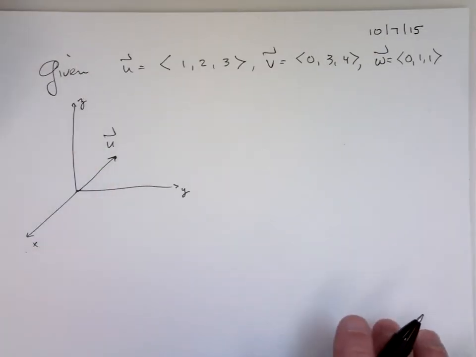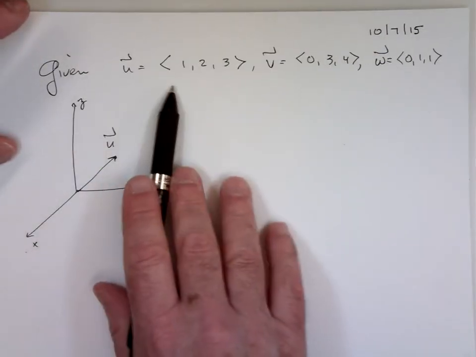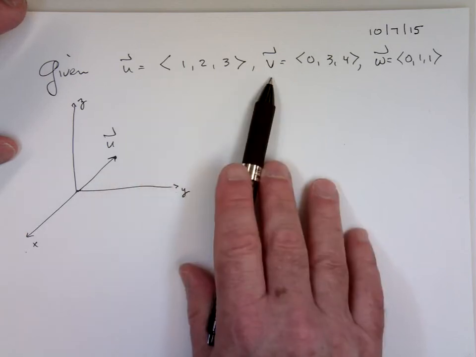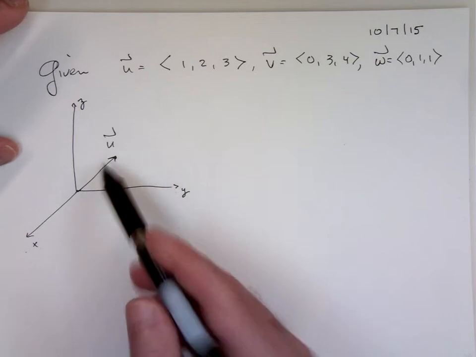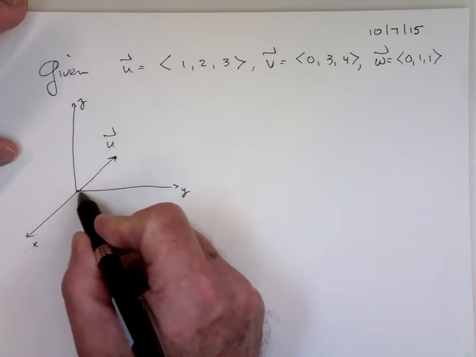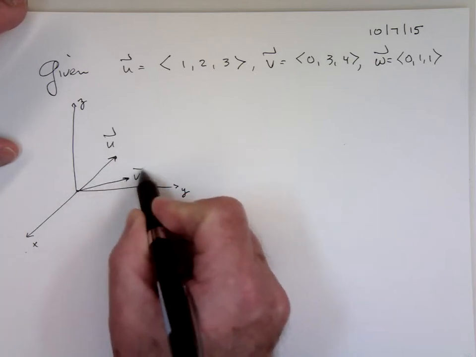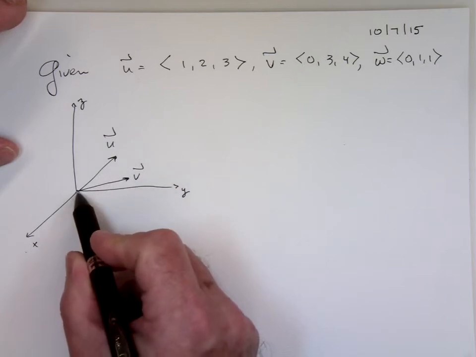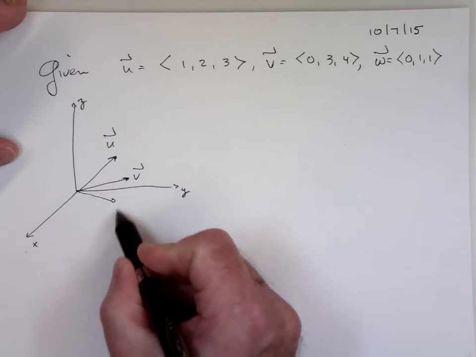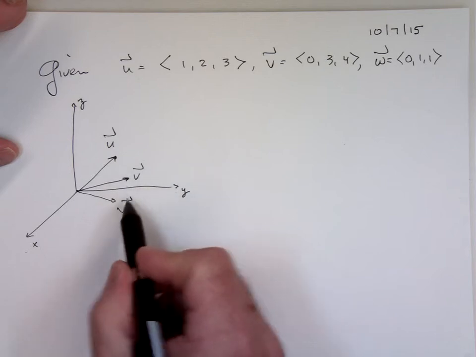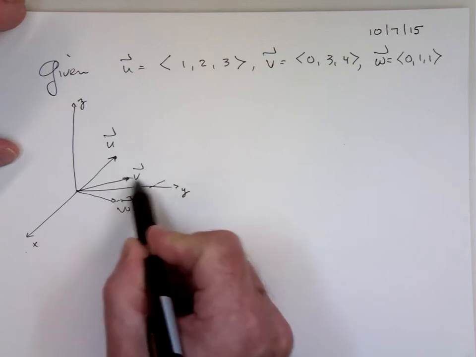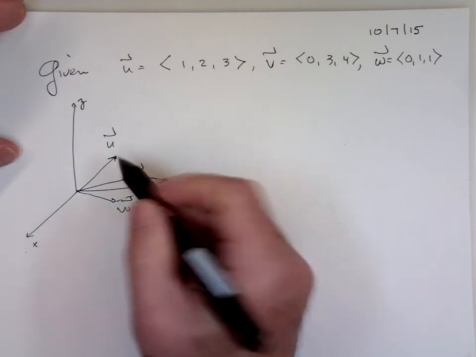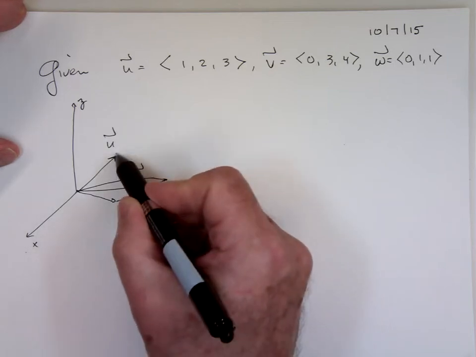Okay, we're going to be given three vectors: u = (1, 2, 3), v = (0, 3, 4), and w = (0, 1, 1). U, v, and w. And what we're going to form is a parallelepiped. Here's the base. And what we're going to do is have a top